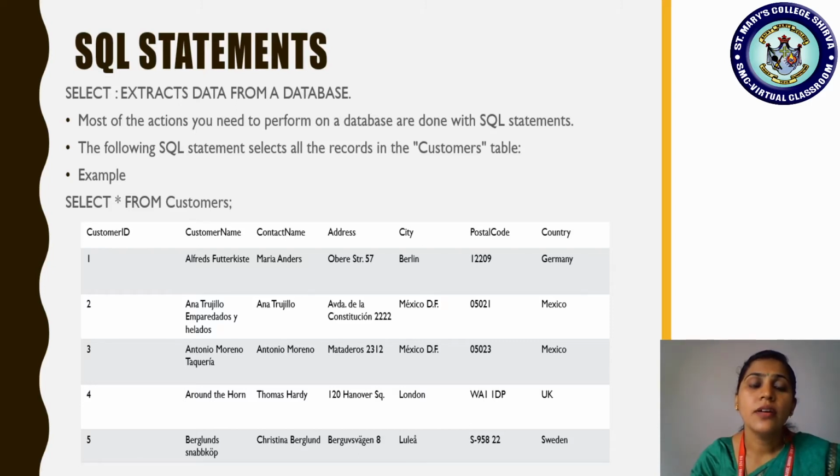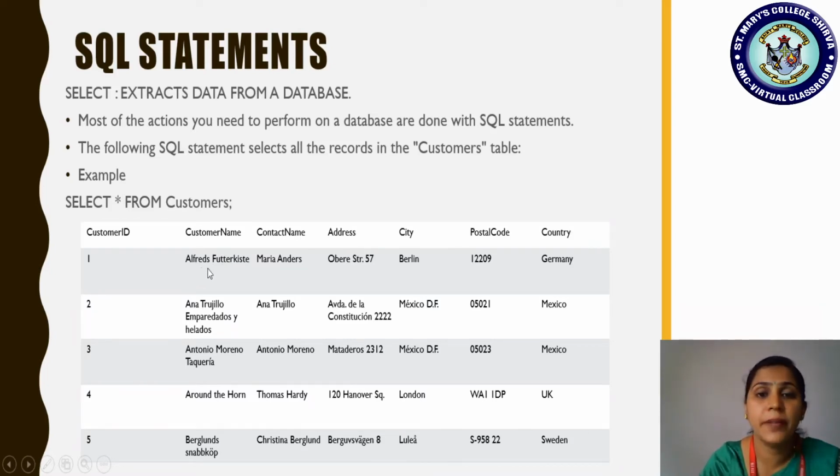Observe the customer name column here. If the value matches, according to the condition there exists a customer name Alfred. As this got matched, this particular complete tuple will be removed. The complete row will be deleted. The remaining second, third, fourth, fifth tuples will be retained. That is how the delete statement works.